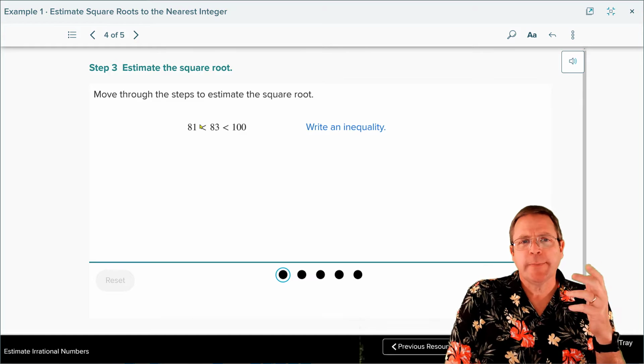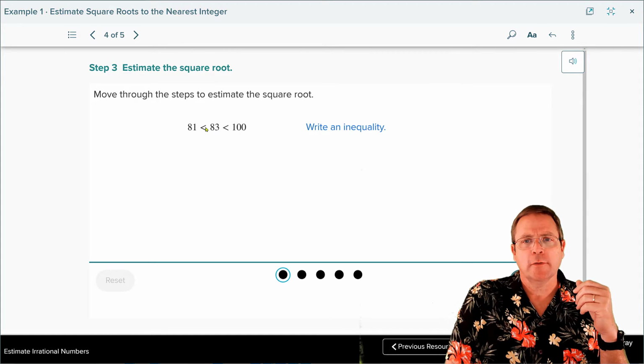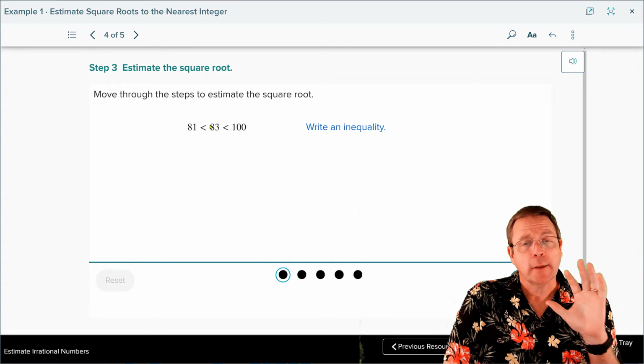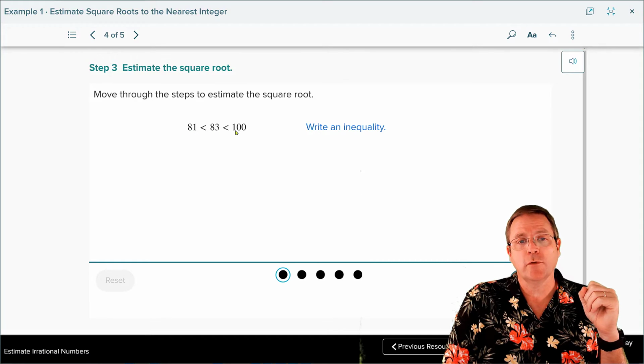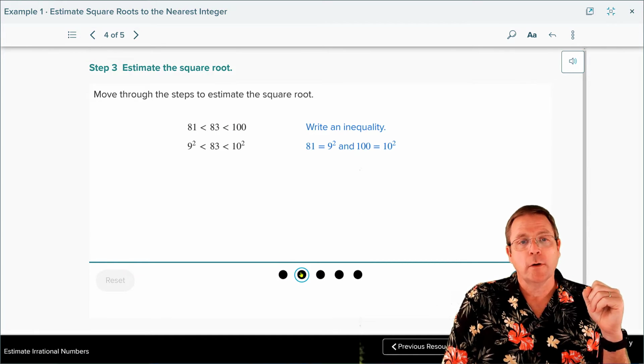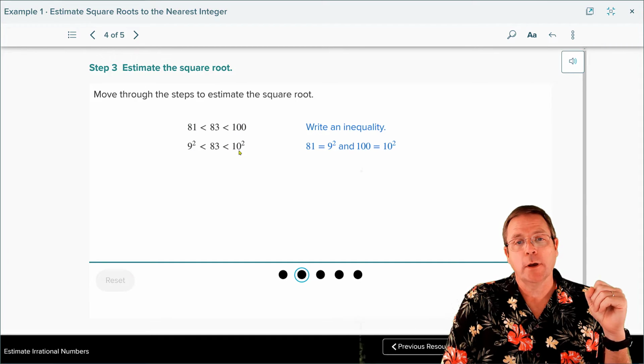Now that showed us estimating on the number line. We can also estimate it with math, right, in an inequality. And this right here, folks, is what you're actually going to be doing on your paper. You took the 83 and we put it in between the two closest perfect squares. From there, we're going to say the 81 is going to be 9 squared and 100 is going to be